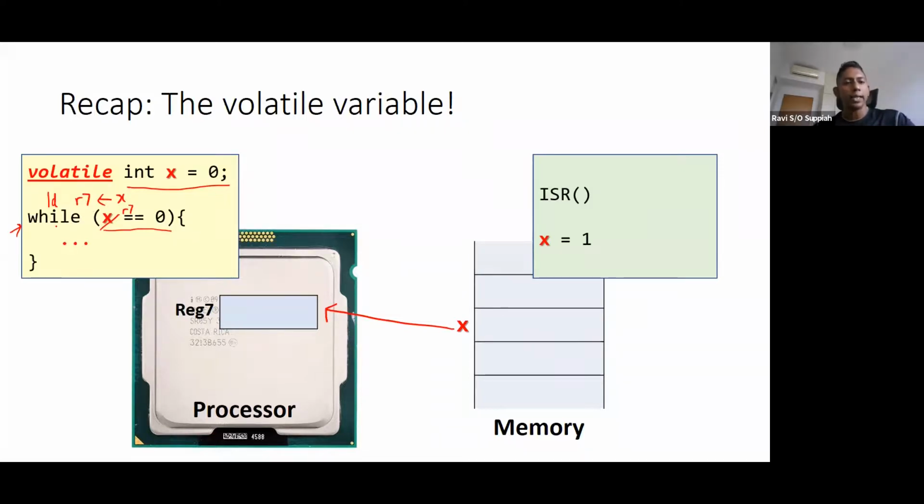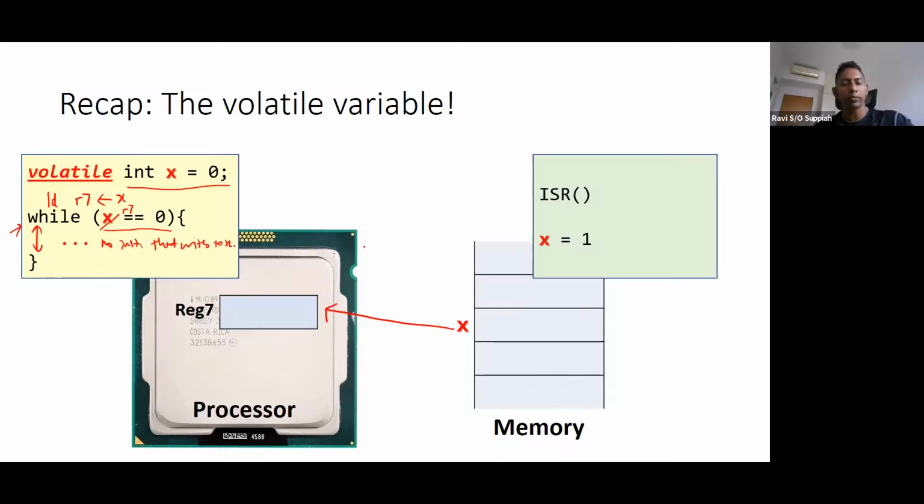You will see that in this entire while loop, there is no instruction that writes to variable x. Since there is no instruction that writes to x, the compiler is actually doing us a favor by thinking smart.